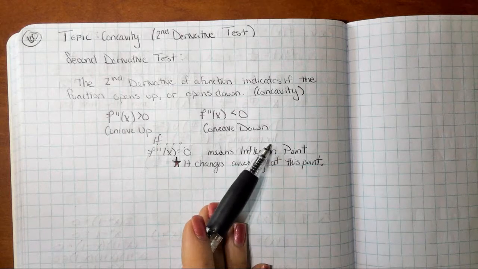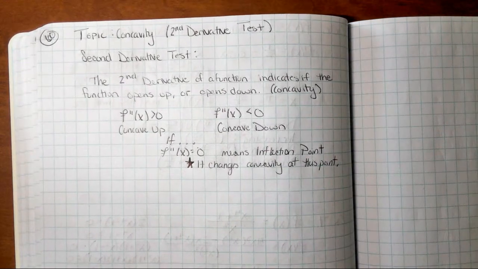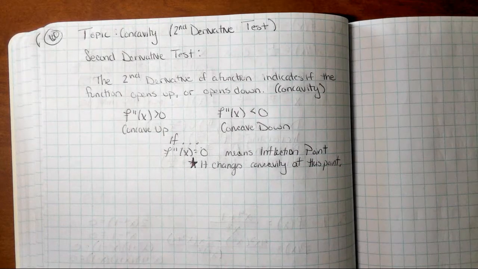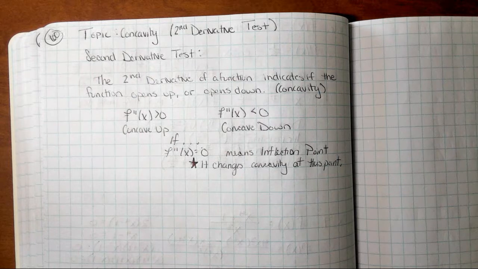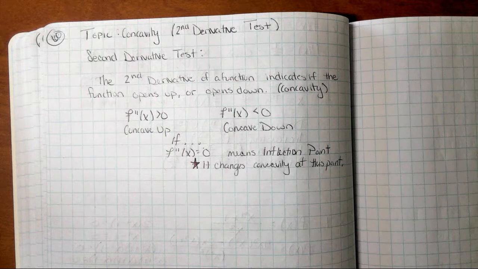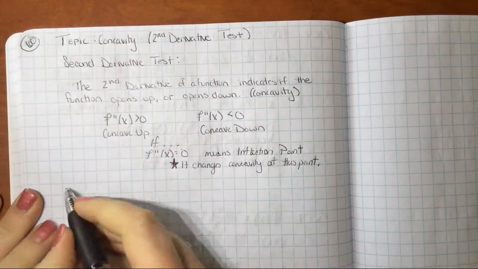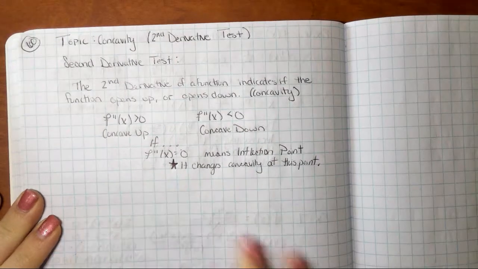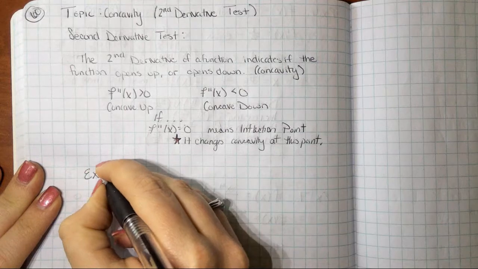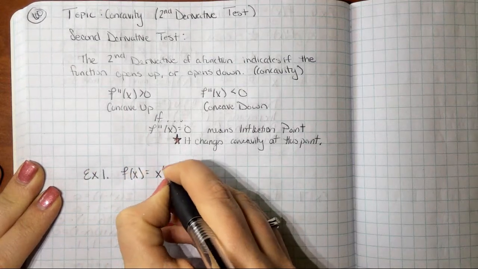Now, we have to remember, if something has a greater exponent than 2, it can change concavity, and what we call that is an inflection point. Okay, so we're going to focus on finding that. First example I'm going to give you guys is going to be a quartic function. Okay, it's just a function to the fourth power. So here we go. Example 1, we have f of x equals x to the fourth minus